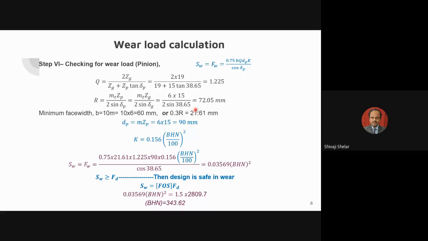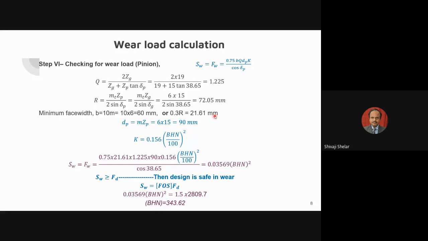So we have to select, then this is the minimum value. For this minimum value, what is the minimum wear load? That is the minimum wear load. In actual practice, we can keep this value greater than this in the actual manufacturing. We can keep this P value greater than this. But here I am checking for minimum wear strength.